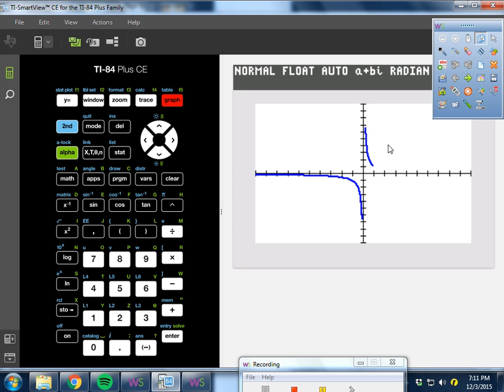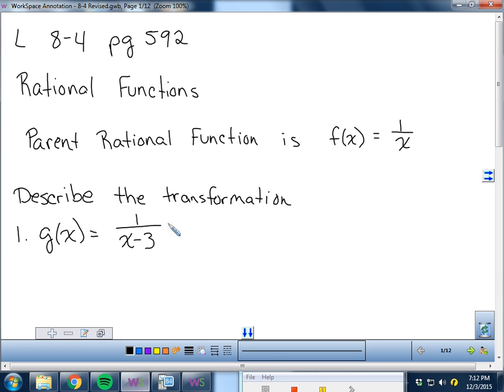All right, so if you look at that, this is what a rational function looks like. And as you can tell, it's approaching 0 right here, so we have a horizontal asymptote right here. And it's approaching 0 here, so we have a vertical asymptote right here at 0. All right, so what we're going to talk about for just a minute is how changing different parts of this will affect your graph. So for instance, let's say that I change just the denominator down here to x minus